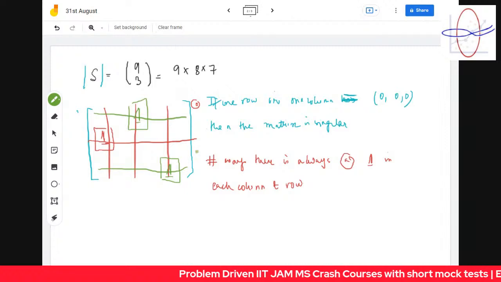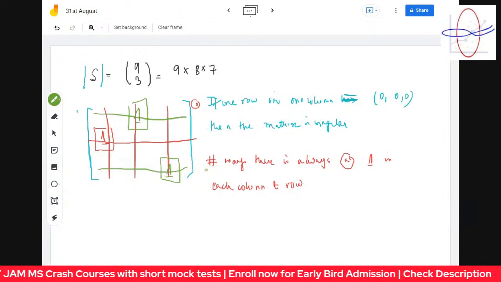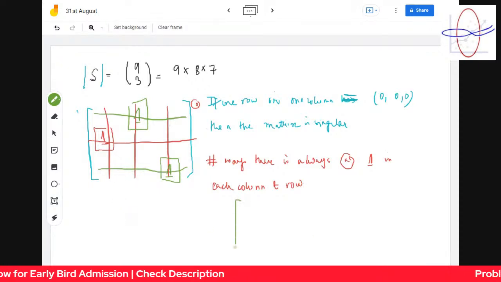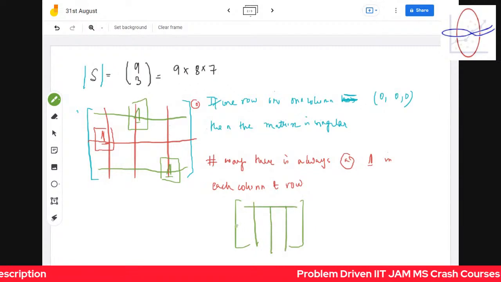That's the only condition. So how many ways can we do that? That's the idea. It's very simple. So what we do is the following. We have this matrix and we have this cross, cross, cross, and this. So if you're trying to fill it up,